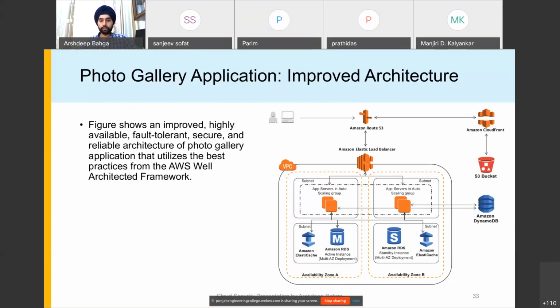Next, we have used a caching tier, Amazon ElastiCache, for improving the performance of our application. And we have used a content delivery network, the CDN, and Amazon offers the CloudFront CDN service. This CDN service enables us to deliver our static and dynamic content using a global network of edge locations.